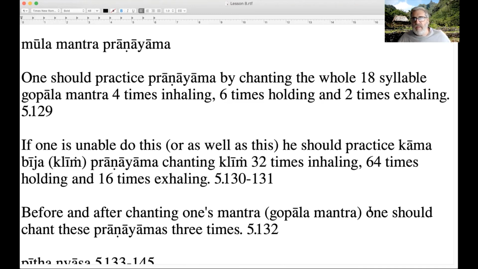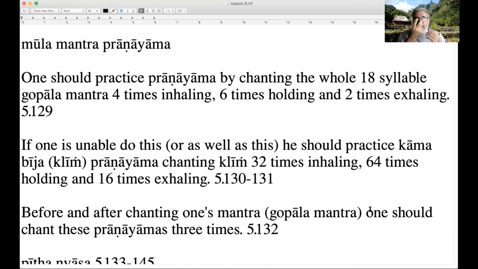So again, how do we count? There's ways of counting on the hand, or segments of the hand. But what I prefer to do is to use the fingers, fold the fingers and unfold the fingers, right? So let's say we're doing the very orthodox method of first exhaling. So we would exhale, we'd hold the 2 fingers, the little and ring finger of the right hand, against the left nostril.